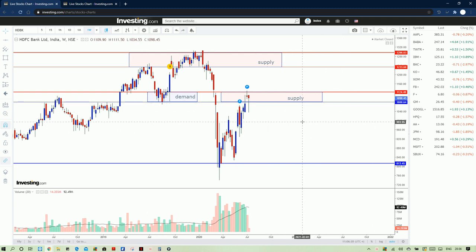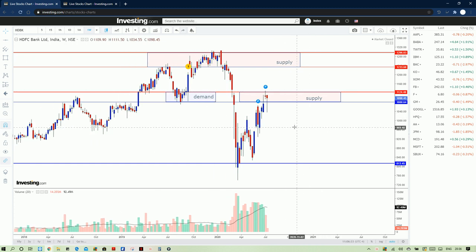Price flip is nothing but a point where the support point turned into a resistance point, and then turned into a support again. So that is how you need to identify the stock and the trend also. Now you can identify the trend from this here.